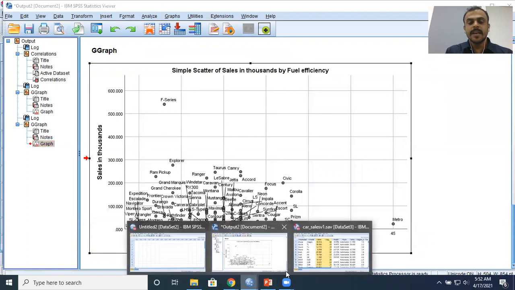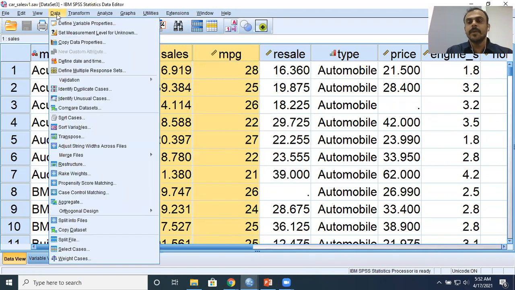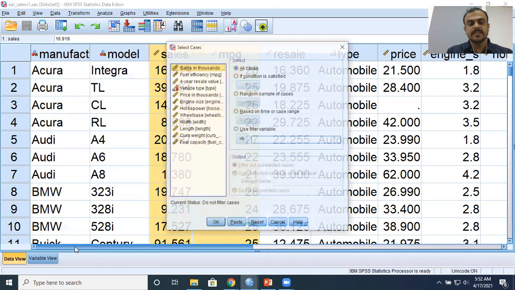I'll quickly go to my data editor window, right? This is the window on which I'm working. What I'll do is I want to get rid of this. So I'll click on the data menu, right? I want to prepare my data. In the data menu, you have a lot of options, at least 15, 20 different options. Right at the end, you have an option called weight cases. Don't worry about weight cases as of now. But before that, the last but one option is select cases. This is what I'm interested in because I want to select only the non-outliers, right? I want to get rid of the outliers. Please choose select cases, right?